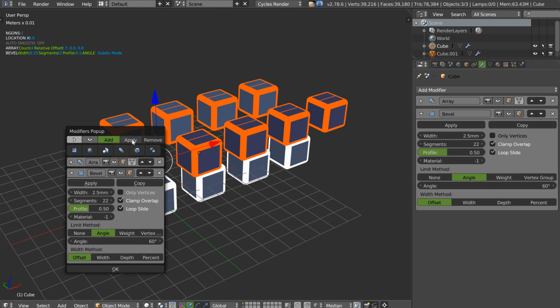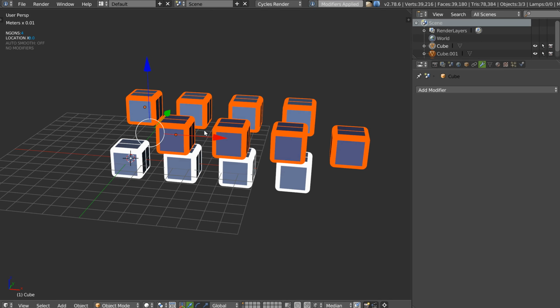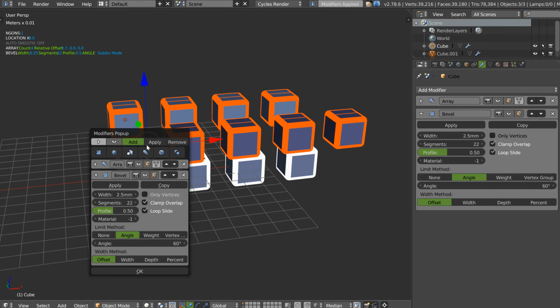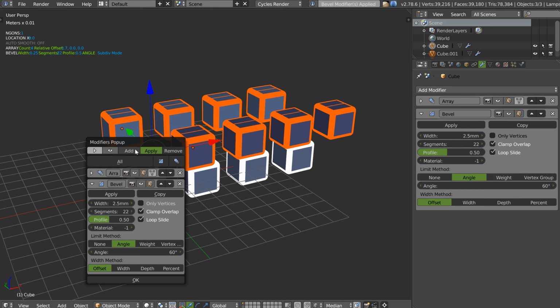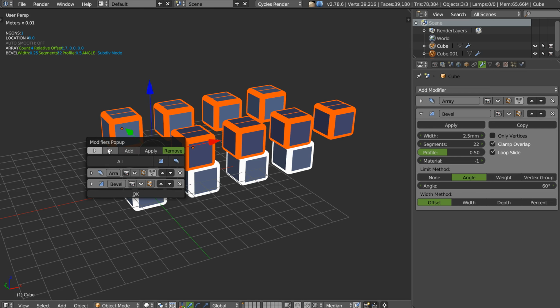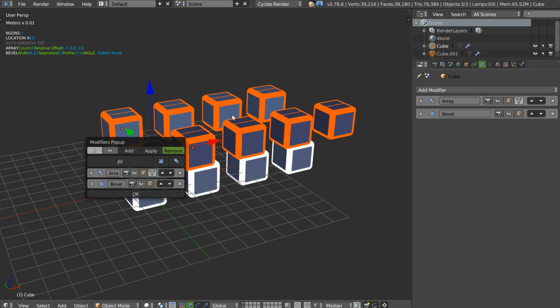Okay, you can apply with Shift, poof, everything is applied, or you can apply it here. You can apply the bevel if you want, or the array. I will apply the bevel, Ctrl Z, and you can remove all the same objects. This is still work in progress. As you can see, this one should work on all the objects. I will fix it. That will be nice. And you can apply on all and remove on all.